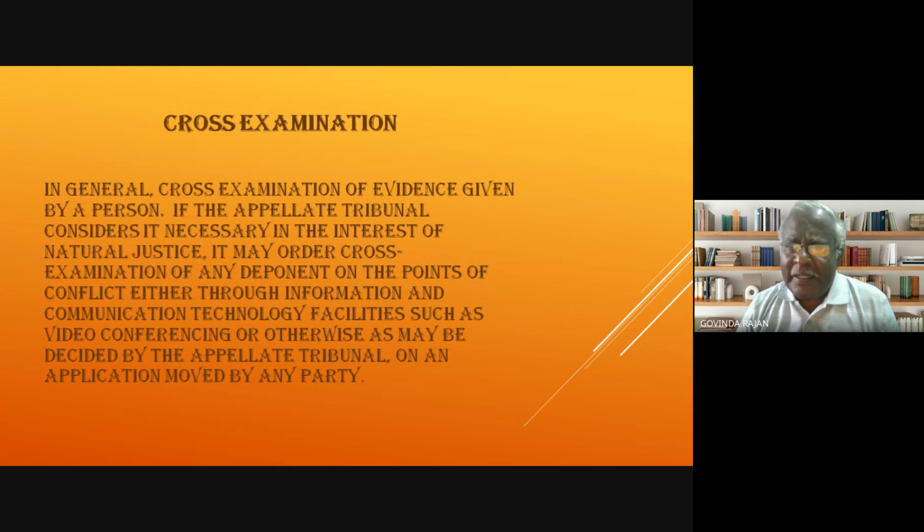Cross-examination. It is normal in civil and criminal cases. But in quasi-judicial proceedings like the tribunal, normally cross-examination is not allowed. But if the tribunal considers that cross-examination is necessary in the interest of justice, then any deponent on the points of conflict may be cross-examined. Cross-examination may be in physical mode, electronic mode or by video conferencing. It is on the decision of the tribunal. Normally cross-examination is not given, so there are some cases where the appellants filed writ petitions for directing the authorities to allow them cross-examination of the deponents. So next,